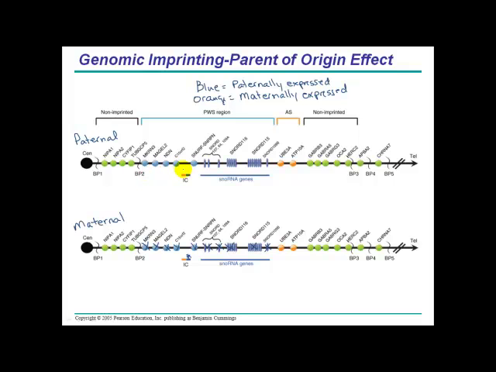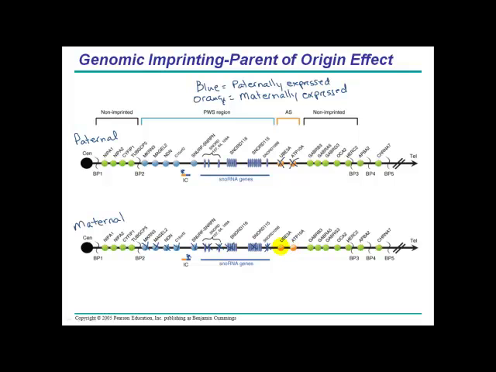And we would see an opposite imprinting pattern. So in our imprinting center, we'd see a methylation mark established in the sequence that controls our orange genes over here. And so they would actually be knocked out in their expression on the paternal allele. And so in a normal individual who has inherited one copy of chromosome 15 from dad, one copy of chromosome 15 from mom, these genes highlighted in blue would only be expressed in half dose only from the paternally derived chromosome, and these genes highlighted in orange would only be expressed in half dose and only from the maternally derived